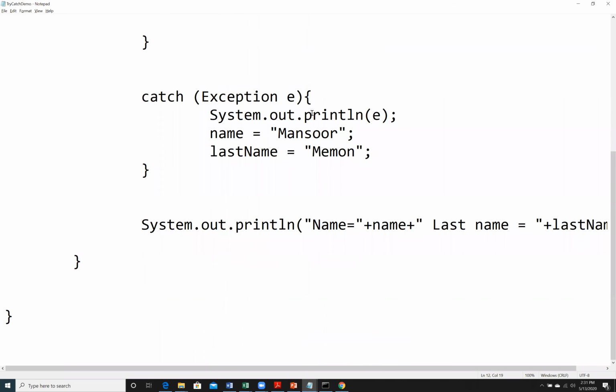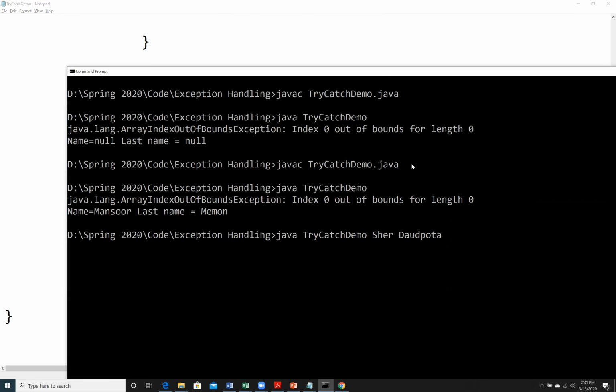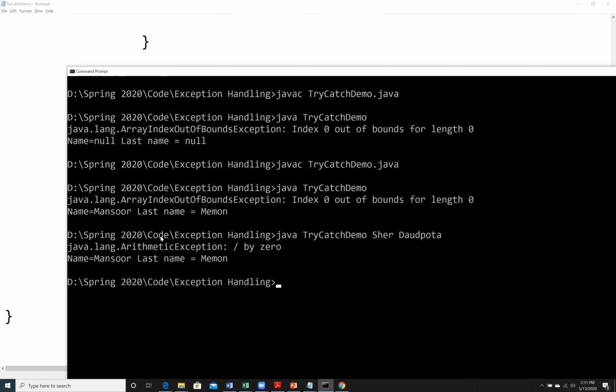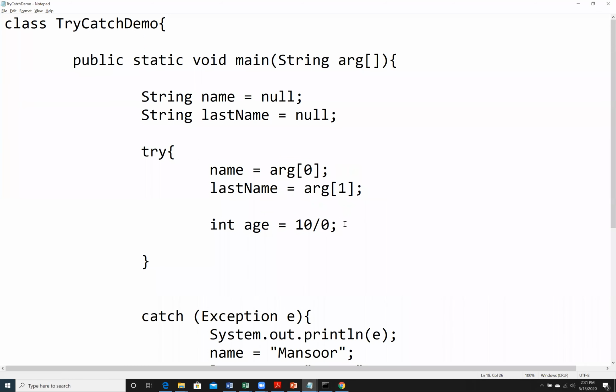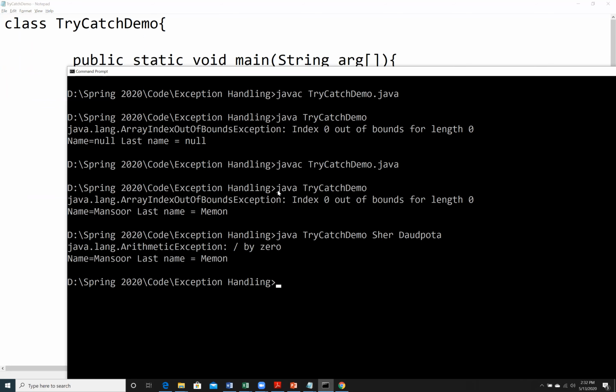We come here, we display the information about the exception, and then we know we are going to update the default values. You can see here, now it says the exception which is thrown is arithmetic. Previously it was array index out of bounds because we did not provide a command line argument. But when we provided a command line argument, you know that this statement is causing the exception, right? Because of this, the catch block has been executed and the catch block is now updating the value,